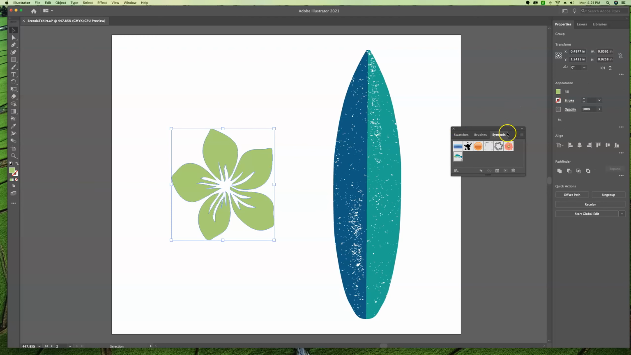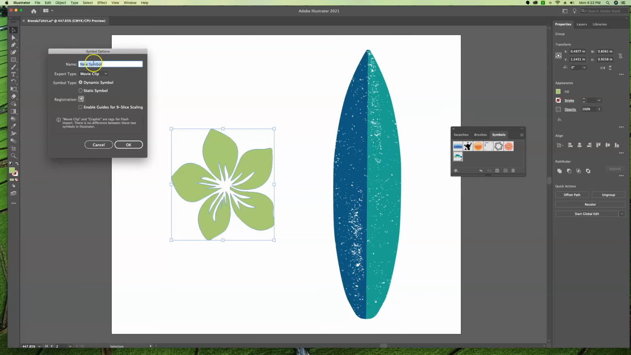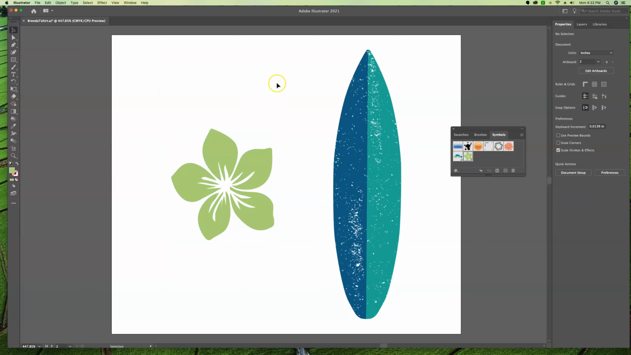And then in our symbol panel, at the bottom, there's a plus sign and it says new symbol. So we now get our options to name it and tell it what kind and how it should behave. So we want to name this one flower. I'm going to leave it as a movie clip, but we do want it to be dynamic. That way we have lots of options. And we just say, okay, now we have a dynamic flower option ready to be used,